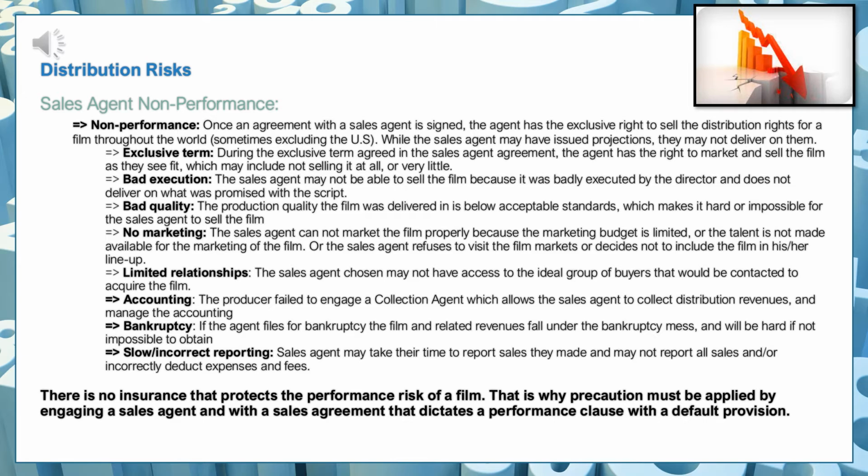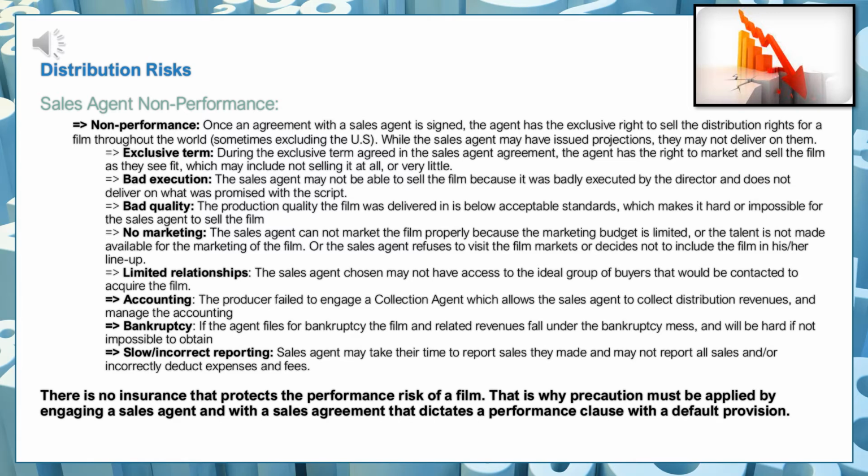So the ideal here would be to add a provision in a sales agency agreement. That's something a lawyer would need to do, and say that in case of a bankruptcy, all rights fall back to the producer, so that the movie or the project is not part of the bankruptcy mess should there be an issue. Sales agents, when they get distribution revenues themselves, have a tendency to report very slowly.